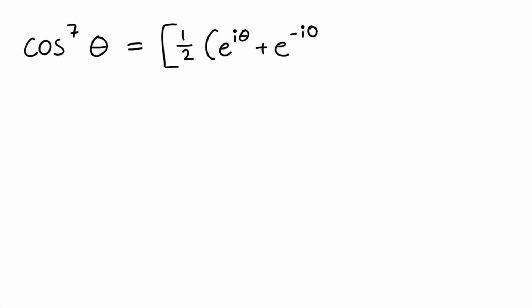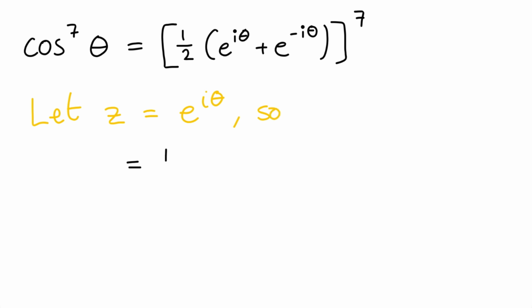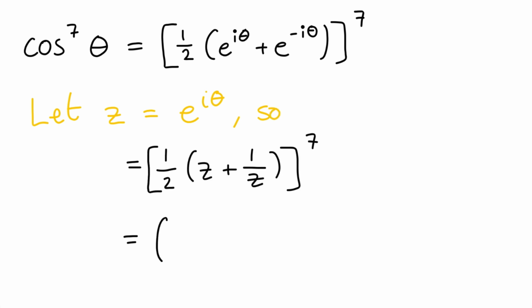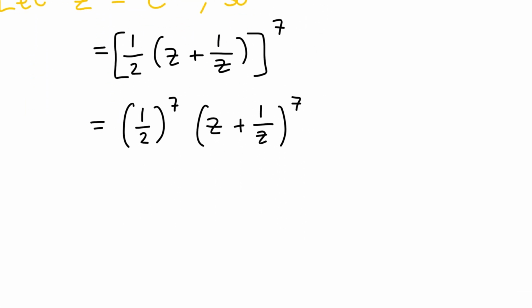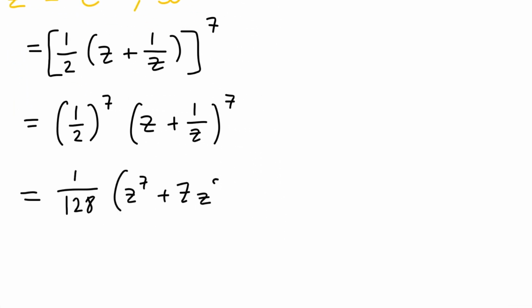And use this new knowledge to express powers of trig functions as sums of compound angles. We're going to be ambitious, we'll try cosine to the 7 of theta, which is a half e to the i theta plus e to the minus i theta, all to the power of 7. Now if we let z equal e to the i theta, then that means that this here is a half z plus 1 over z, all to the power of 7. Which we can split up into our two separate terms like so, and then binomially expanding this whole mess, we can get it onto this,